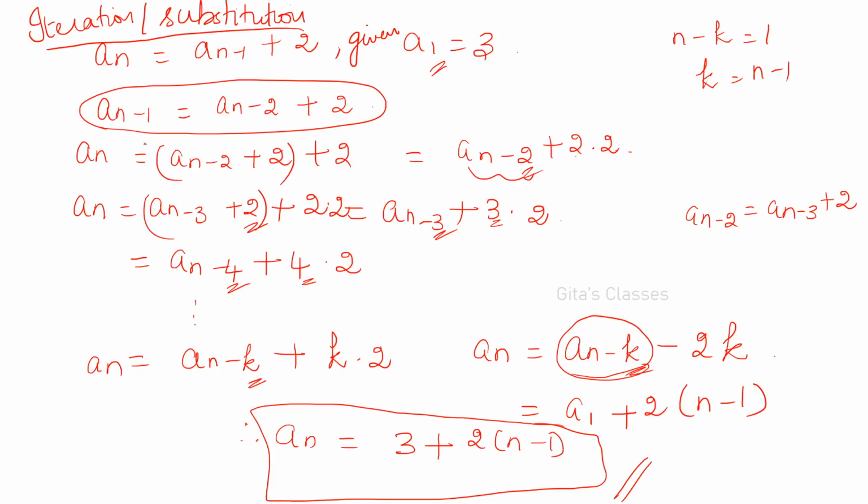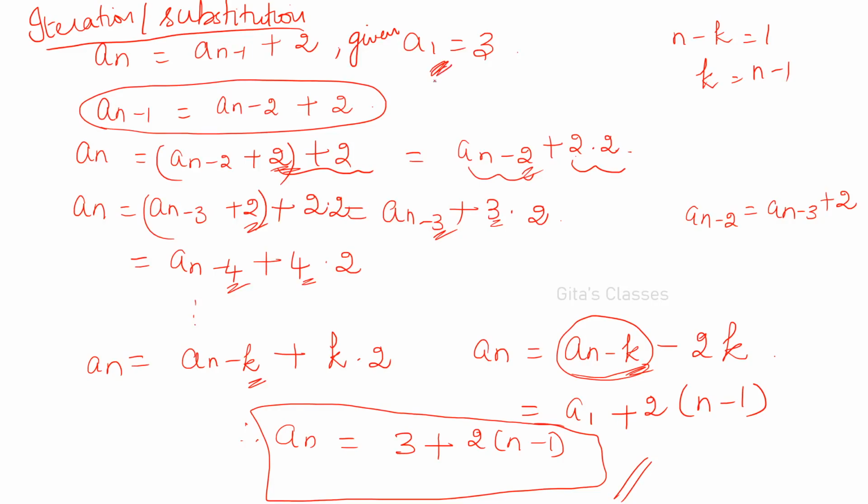So it is a_(n-2) plus 2. And here you just substitute. So a_n is equal to this one, and here this 2 and this 2 you combine, you will get 2 into 2 and so on. So in general, a_n is equal to a_(n-k) plus k into 2. Whatever you are writing here, that should be written here. So k and k into 2. Now, depending on the initial value given, you have to write this a_(n-k). The K value should be chosen. Here, sometimes they will give a0, sometimes they will give a1.